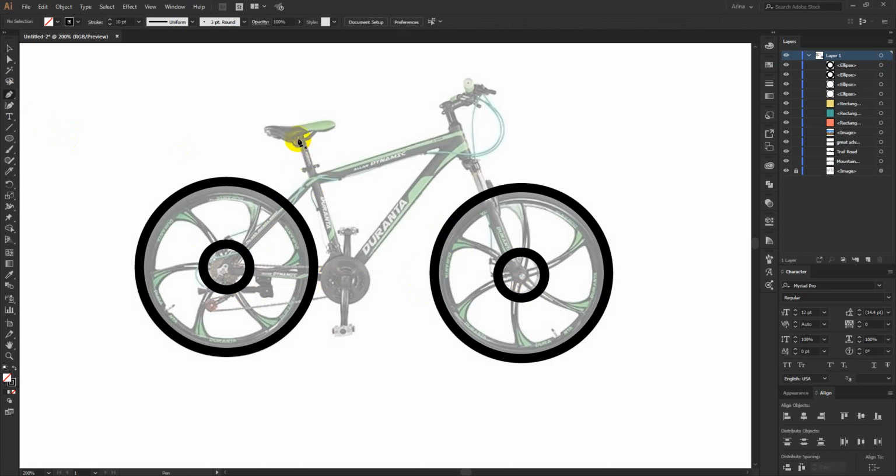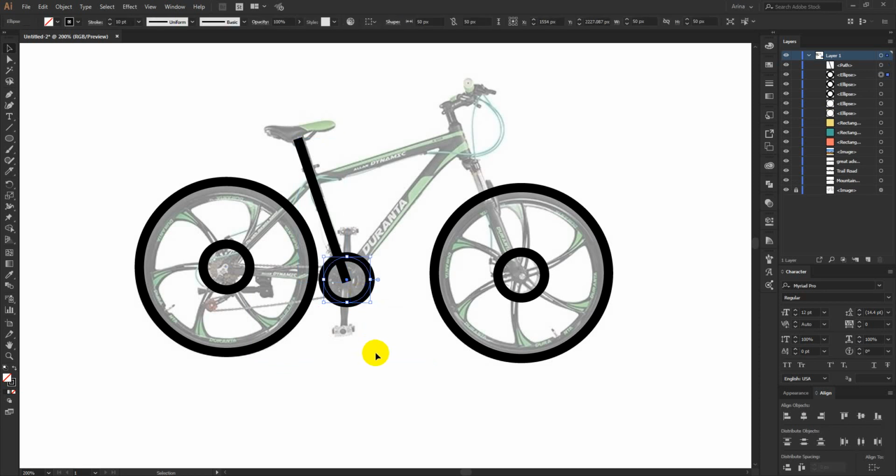I am just going to use my pen tool here, nothing else. You can simply make these vectors. You will see how easy it is working with your own vectors.